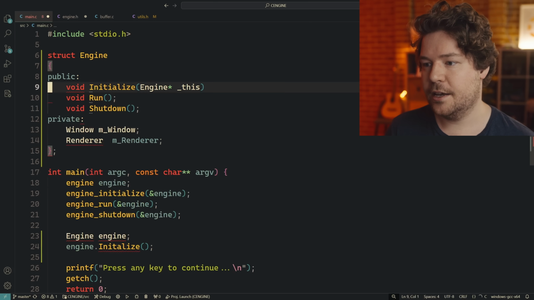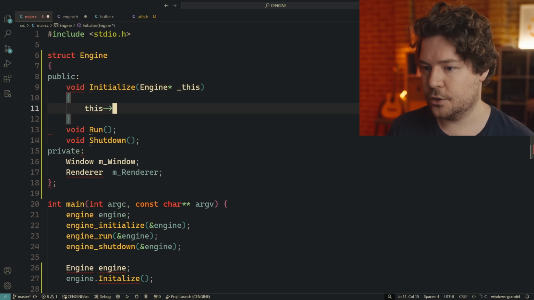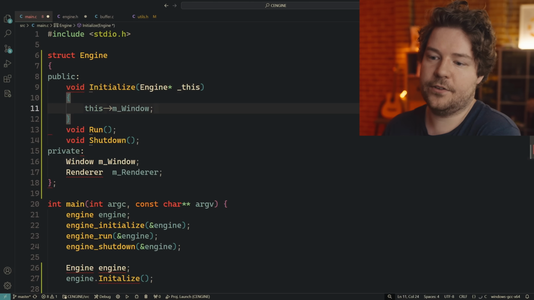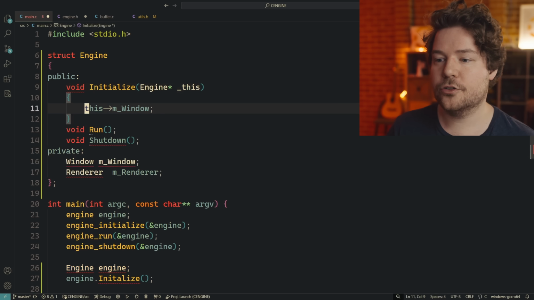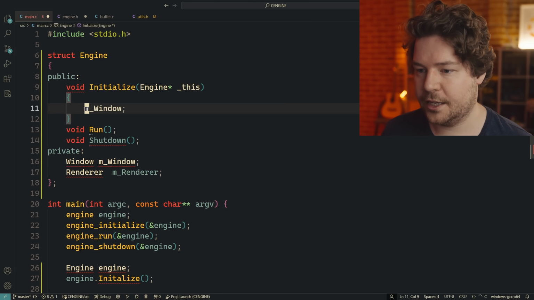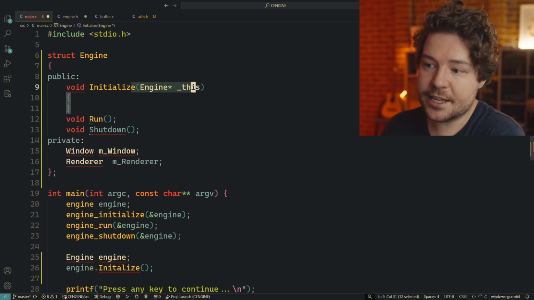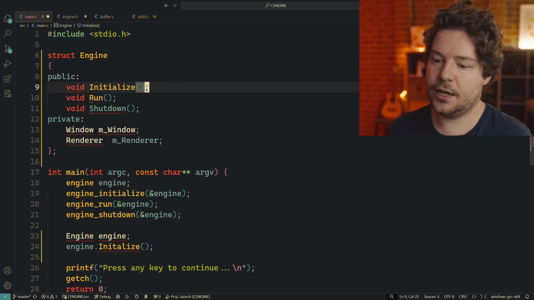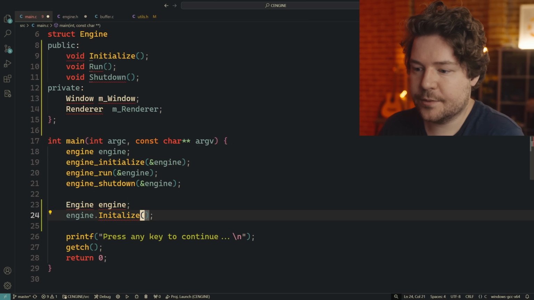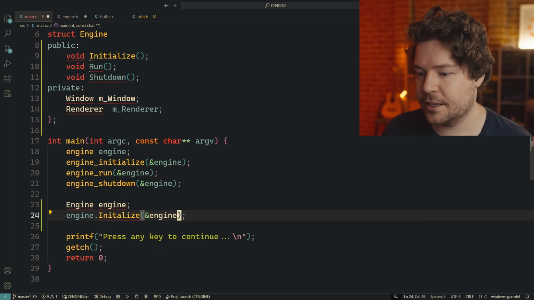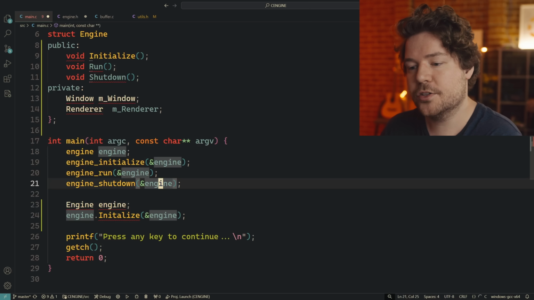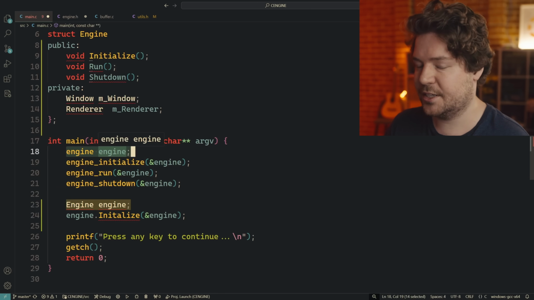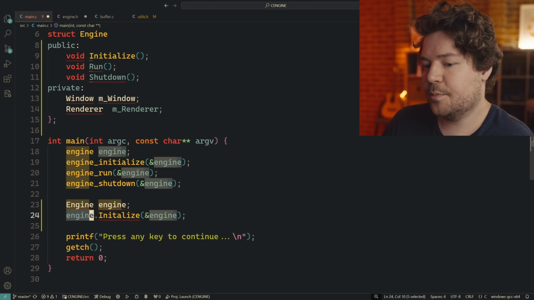So if you're inside these functions, you can use this to reference members, but you don't need to because it's done for you automatically by the compiler. You're reducing having to provide a parameter like this in every single function call because you want access to the data that is stored within the struct. You're getting that automatically by putting it out here.